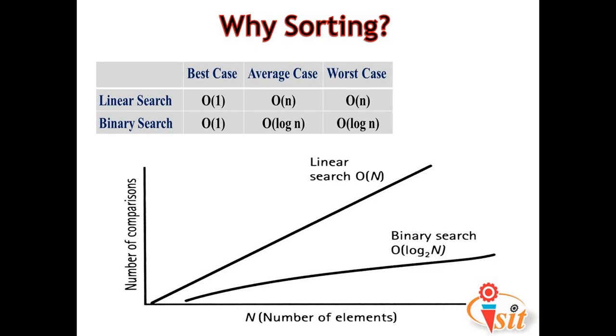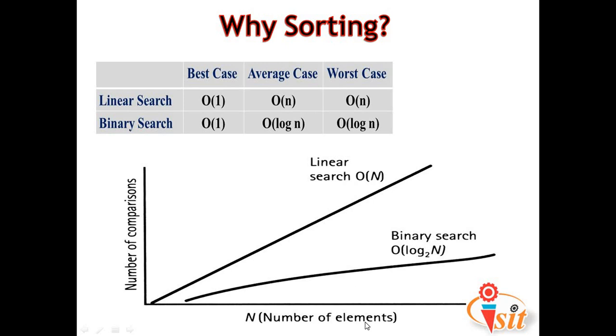One best example of the need for sorting is the search algorithms. In data structures, we have learned linear search as well as binary search. Both algorithms are used to search for a key element from a given list, but the methods are different. For linear search and binary search, we have learned the complexity, like best case, average case, and worst case, where n is the number of elements.